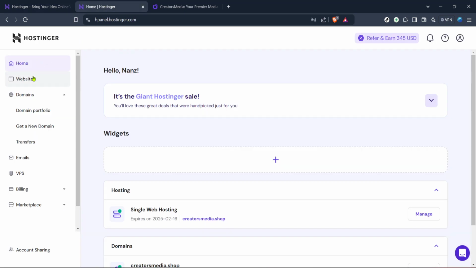Next, you'll need to log into your Hostinger account. There should be a login option clearly displayed on the site. Click on it and enter your credentials to access your account. If you don't already have an account, you'll need to create one. Ensure you use a valid email and a strong password to keep your account secure. Logging in is essential as it allows you to manage your domains and perform the transfer process directly from your